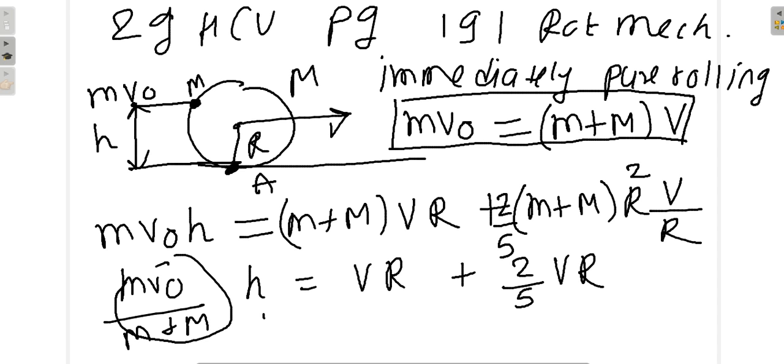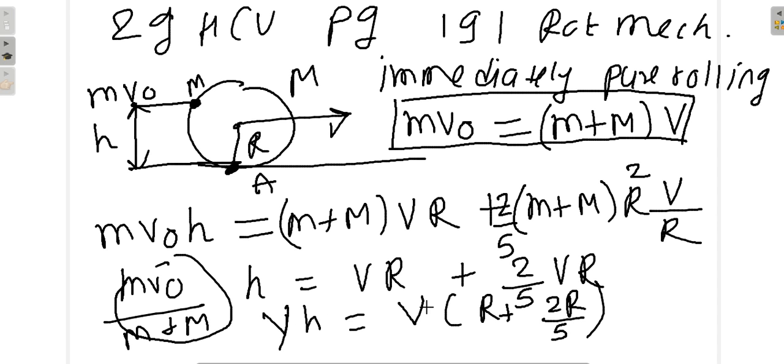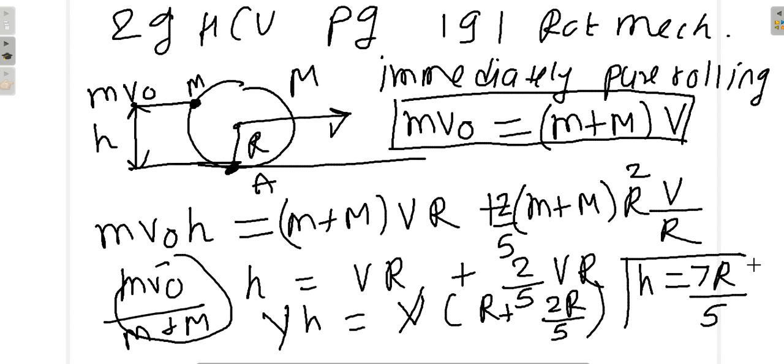So what do you get here is Vh, take V common, R plus 2R by 5. V will cancel, and what h we get is R plus 2R by 5, that is 7R by 5. So the height should be 7R by 5 for the body to start pure rolling,